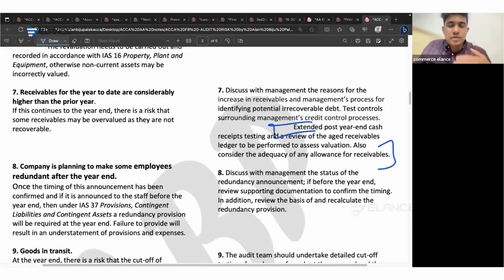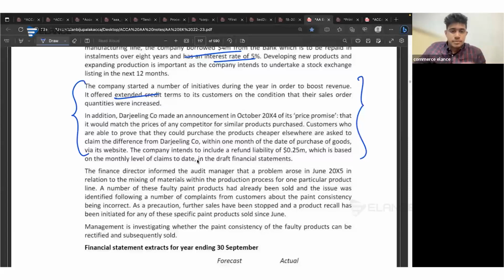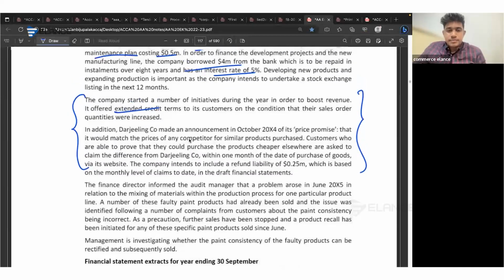നമ്മൾ ഓൾറെഡി പറഞ്ഞു പഠിച്ചതാണിത്. എന്തായാലും മക്കളെ പറയേണ്ട അപ്പോൾ നിങ്ങൾ പറഞ്ഞേ. Finally, extended post year end cash receipts testing, review of aged receivables ledger, then consider the adequacy of allowances for receivables. Okay, perfect. Then what else? Sir,